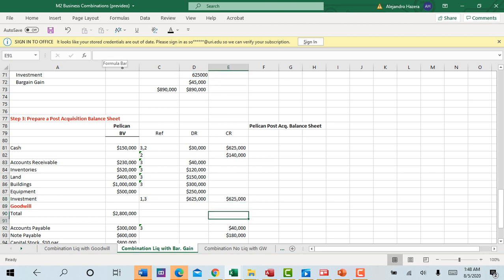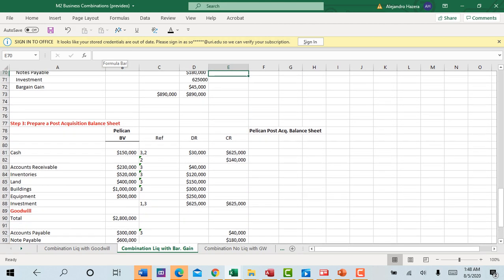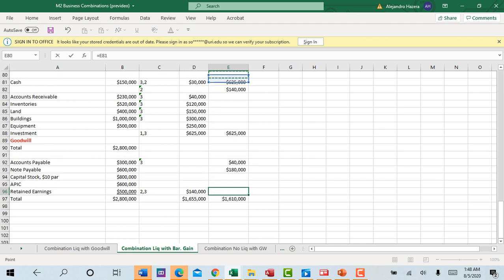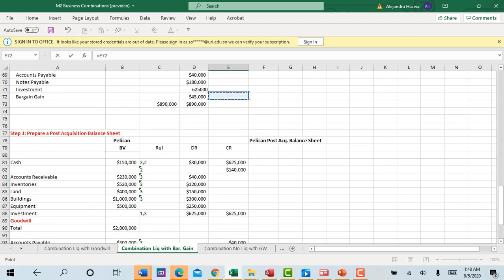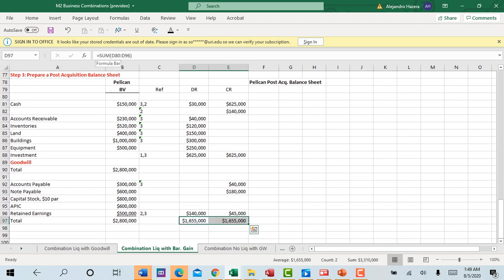And then finally, in entry 3, there's the bargain purchase gain. I'm going to go ahead and close retained earnings because it's a gain, and gains and revenues and expenses and losses are all closed to retained earnings. So I'm just going to go ahead and say 2, 3. 1 came from entry 2, the other one came from 3. Okay, so bargain purchase gain for $45,000, and you'll see that my entries add, so there should be no problem